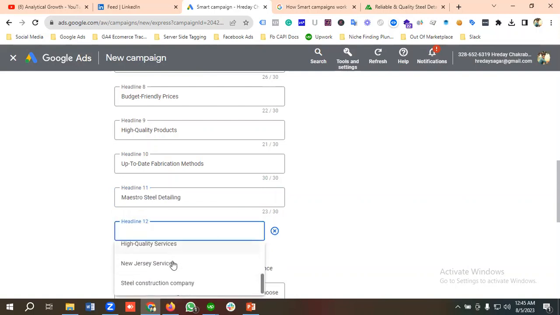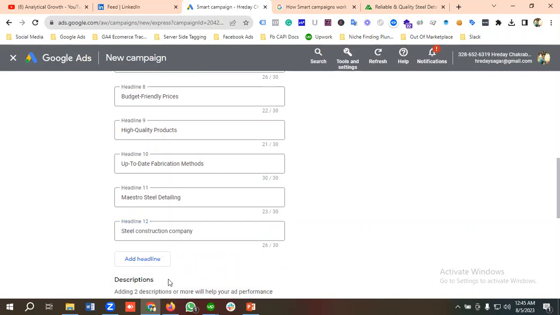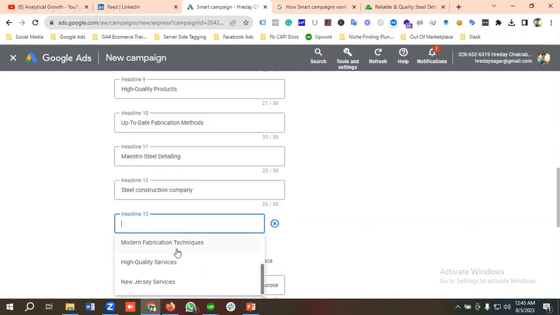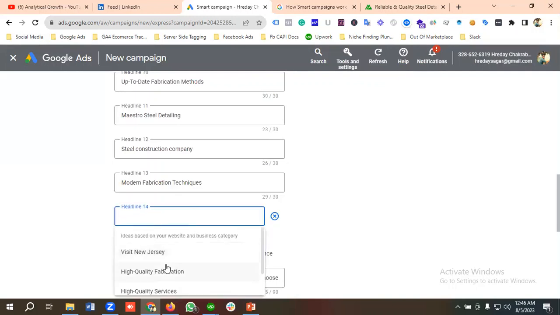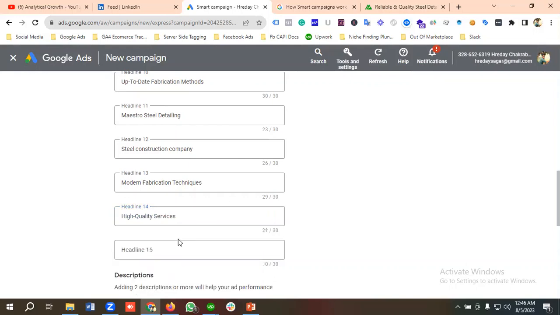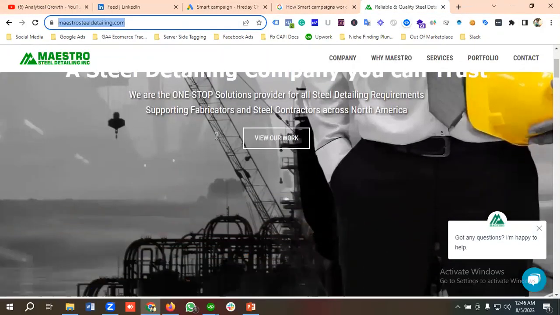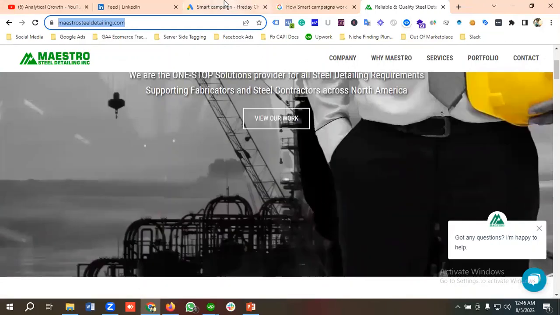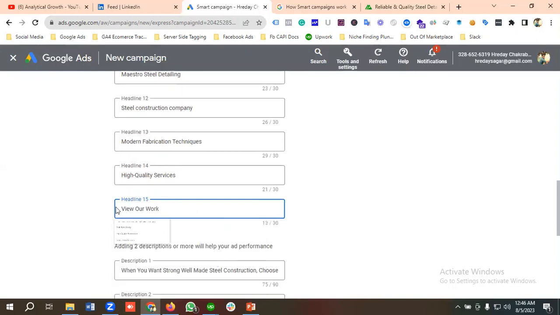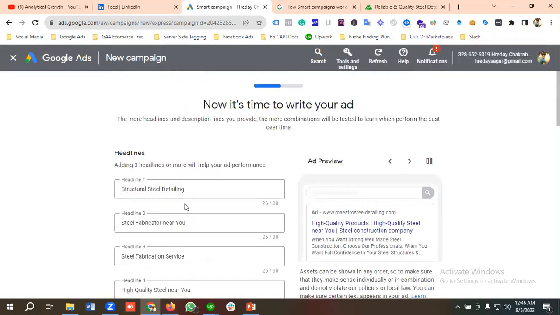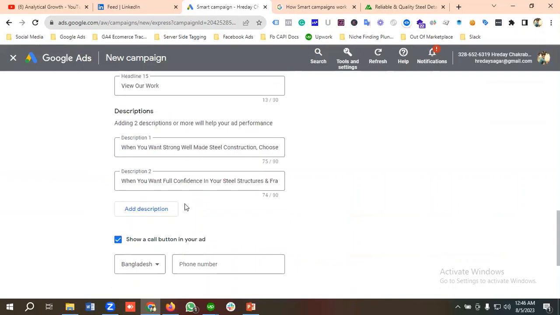As the 12th headline, I'll be using a steel construction company. As the 13th headline, I'm going to be using modern fabrication techniques. And as the 14th headline, I'm going to be using high quality services. And as the 15th headline, I'm going to be using view our work. Okay, so this is the call to action I can use, view our work. Okay, perfect. So you can see over here, I have entered all the 15 headlines, and I need to enter